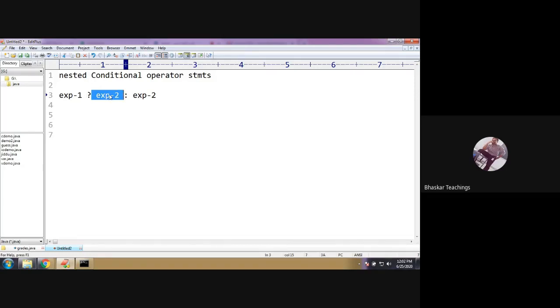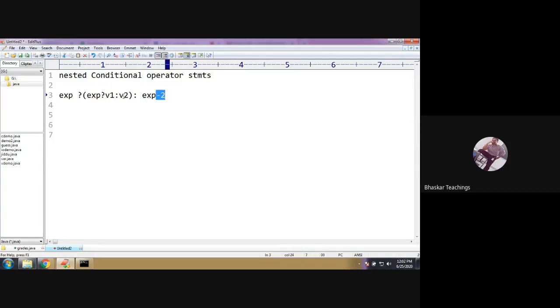Let me elaborate here. Assume I have one more expression here. Expression 1, expression 2. So here I have expression 2, and for that I have some value 1 and some value 2. In place of your expression, actually this should be expression 3. Let us say some expression, that's it. Not the number, just remember.